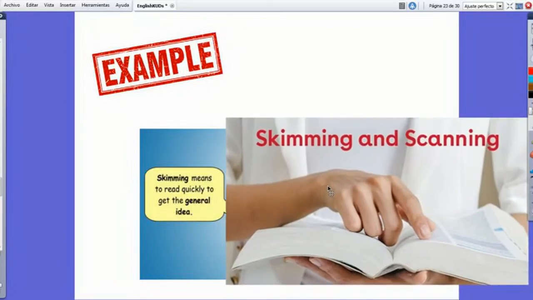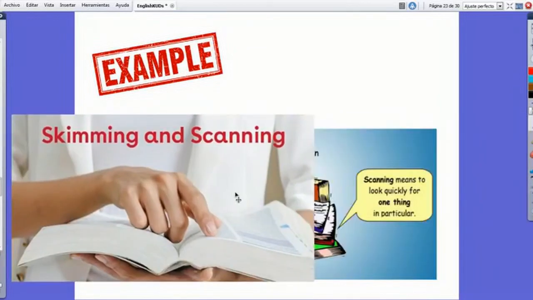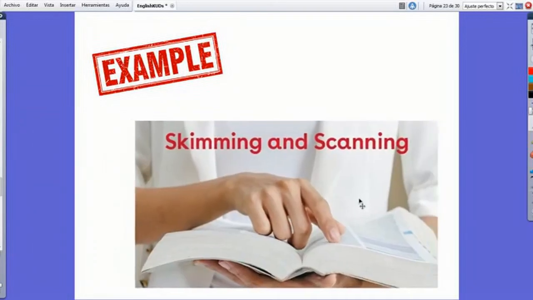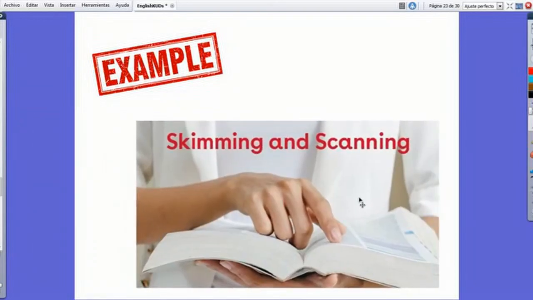Remember skimming, reading quickly to get the general idea, and scanning, looking quickly for one thing in particular. These are only 2 out of a number of micro skills or sub-skills of reading. We also find many sub-skills or micro skills under the other 3 macro skills. And this is how we manage, or that is the idea at least, how we can develop the use of these 4 macro skills in our